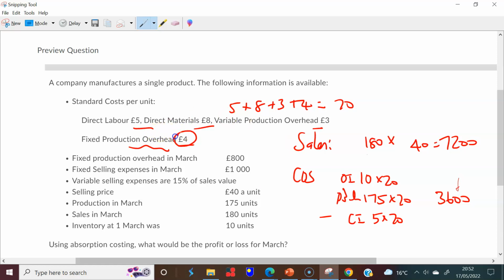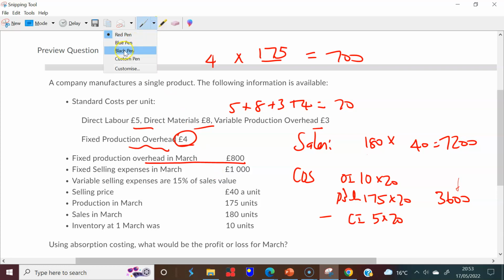There is a slight issue. Remember that you're putting in £4 for every unit you produce. That's how these production overheads work, right? So you have put in 175 units, and therefore you've produced 175. So for every unit that you produce, you put in an overhead of £4. So you've put in 700 so far, but you are told that the fixed overhead production is actually 800. It means you've not put in enough. So you need to put in another £100 due to the under absorption. That's what's really happening here. So you need to put in an extra 100